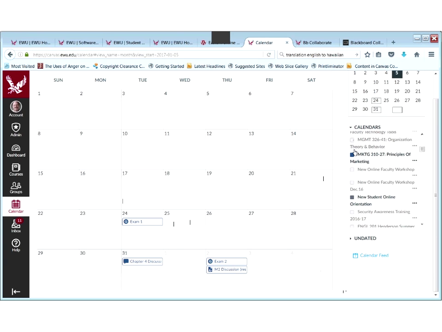Notice that some of these boxes are grayed. And the marketing one has a little blue square on it. If I click on one of these others, it will take on a different color, and it will show me things that relate to that. But if I just want to see one class, then I need to just click on the box for the single class, the marketing, or